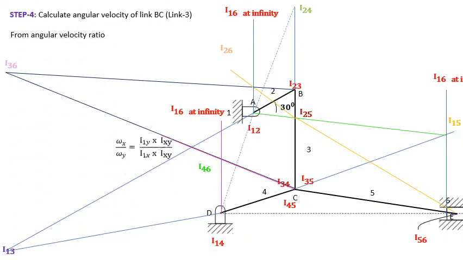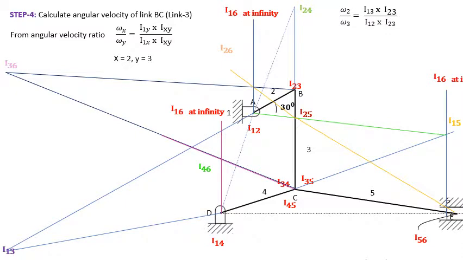Okay, so the same thing. Here, I13 and I23. Measure from the instantaneous centers. This is I13 and this is I23. Measure the length of this line. We got 31.5 centimeter. Next, I12 and I23. I12 is this one, and I23. This is nothing but the length of the crank. The length of the crank is 3 centimeter.